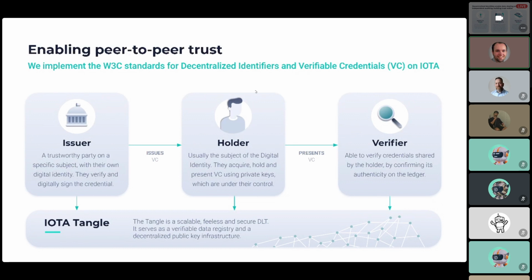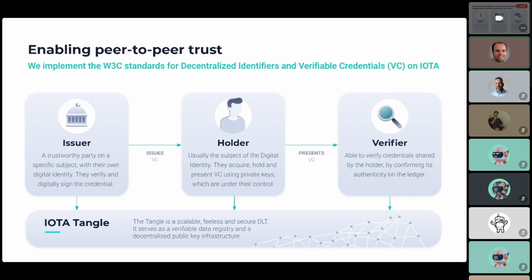Then they give me this copy to control myself. So now I have what we call the verifiable credential, and it contains my data plus a signature from my university that this is a valid bachelor degree. And now it's up to me to decide, who do I share this with? I can keep it for myself, of course, but if I want to ever share it for whatever reason, I can present this verifiable credential to anyone, and they become a verifier.